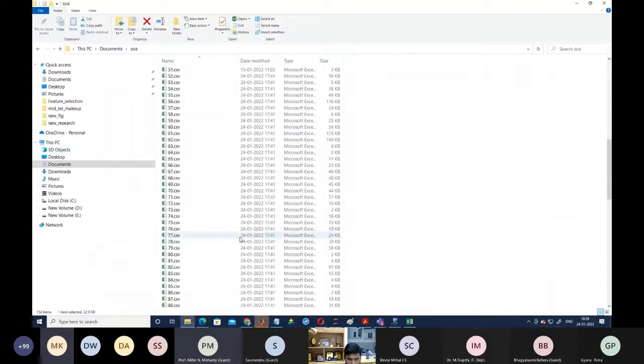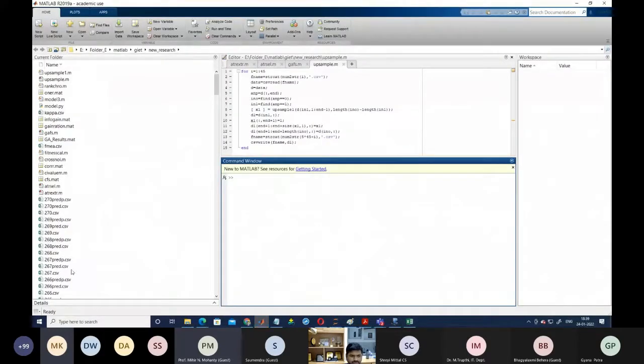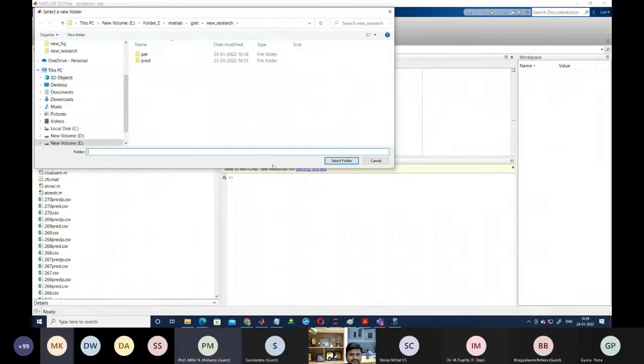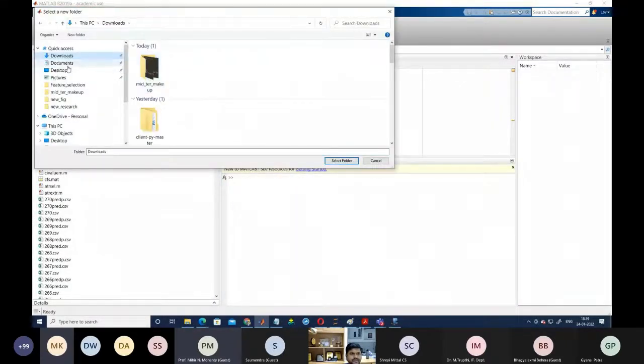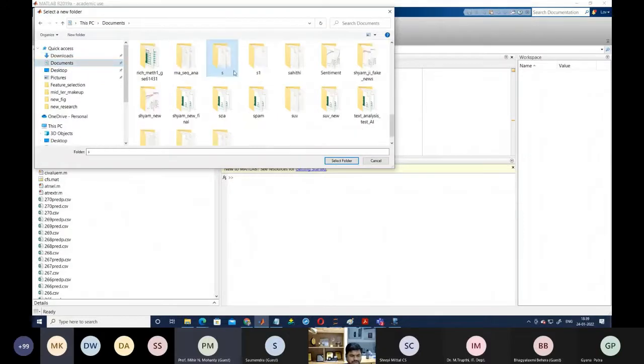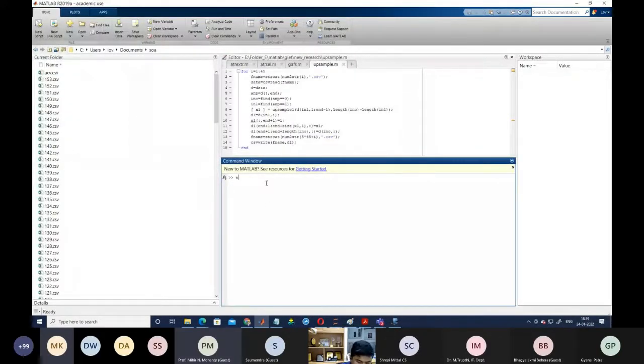So if I am going to check the accuracy value, because in my case the Excel is not working, that's why I'm not going to open it here. I'm going to open it in MATLAB. Document of ACB dot CSV.